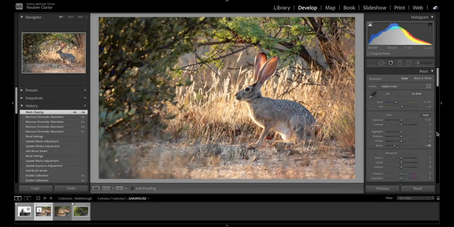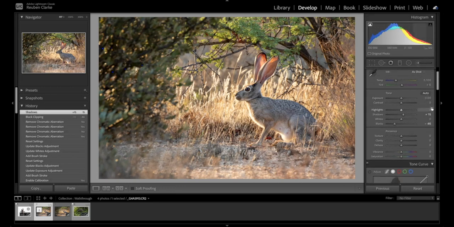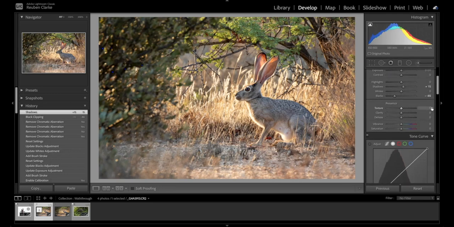In this instance, I feel I want to just lift the shadows just ever so slightly, and I don't really need to change the tonality here too much. We have everything we want. There isn't actually anything I want to be completely white in this image, which is why I'm not boosting the whites at all. So the next place I will go here is I want to add a bit of colour back